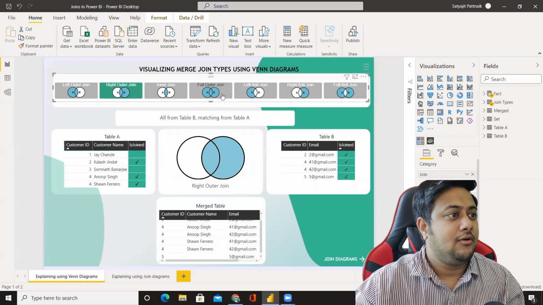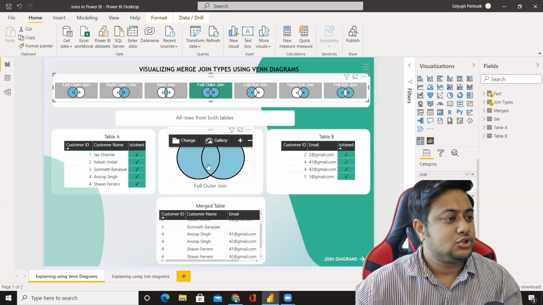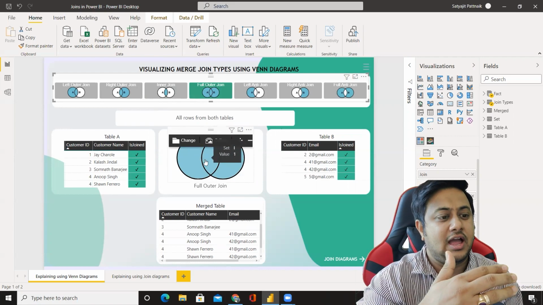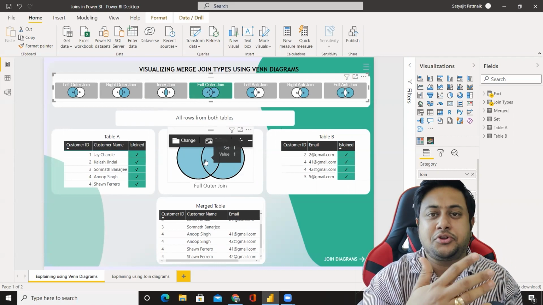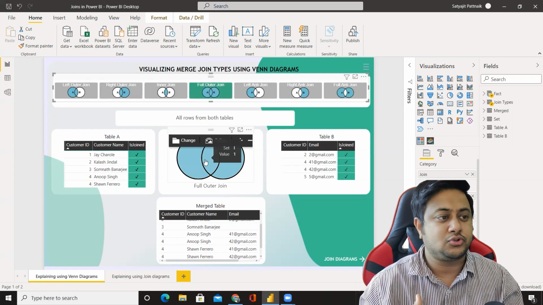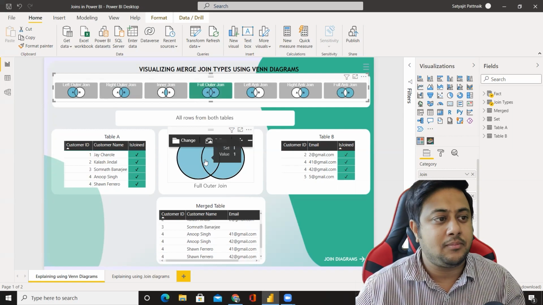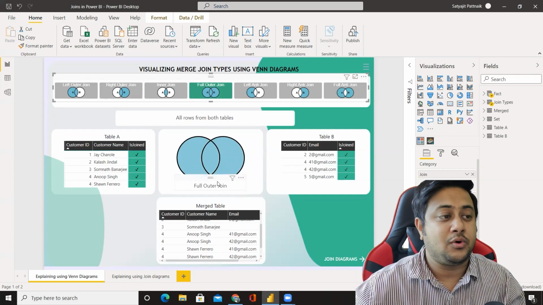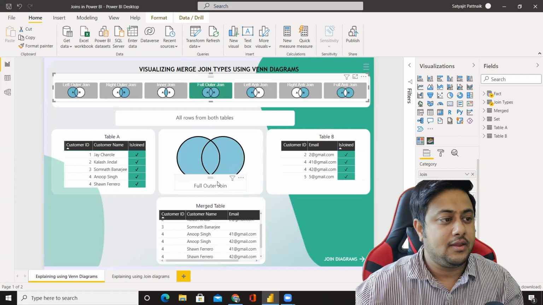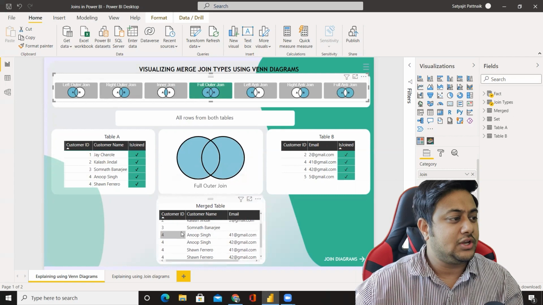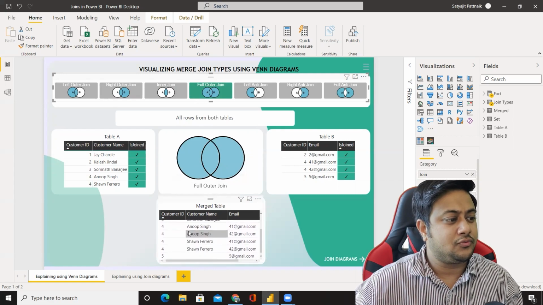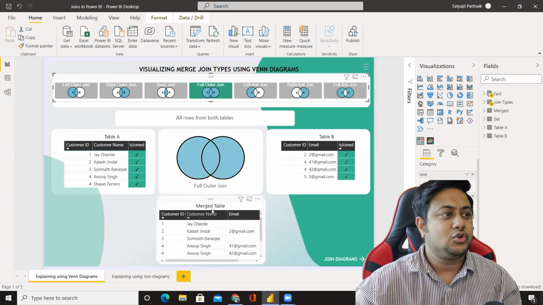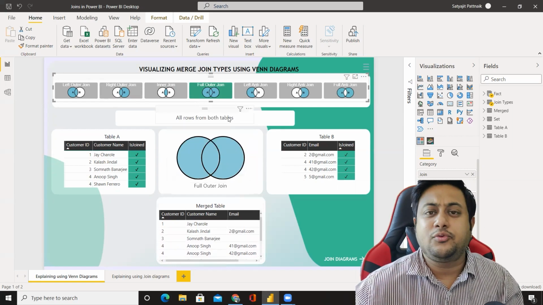Full outer join. All these images I have used are from SQL JSON, because I have created this particular dashboard or report based on their dashboard or report. So a good amount of shout out to them for creating such a wonderful concept. But this entire dashboard is our creation, as we have redesigned it. So for the full outer join, you can see all the records 1, 2, 3, 4, 4, 4, 4, 5, and whatever elements we are matching, all the records will be populated. So this is nothing but your full outer join.